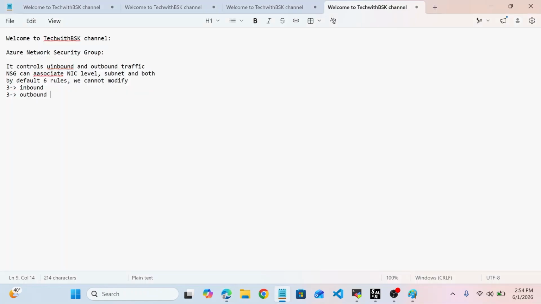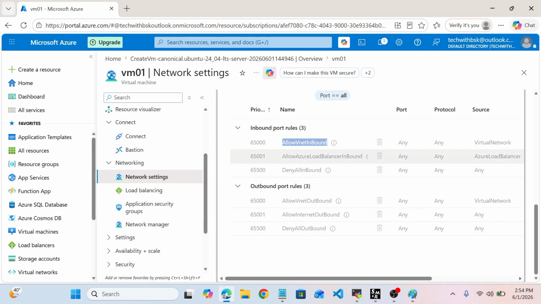What will happen in this sense? All resources can communicate internally. Then after that, next one, Allow Azure Load Balancer Inbound. This one we'll discuss later. All network backend services will communicate between the backend, and here this one is Deny All Inbound rule, all inbound